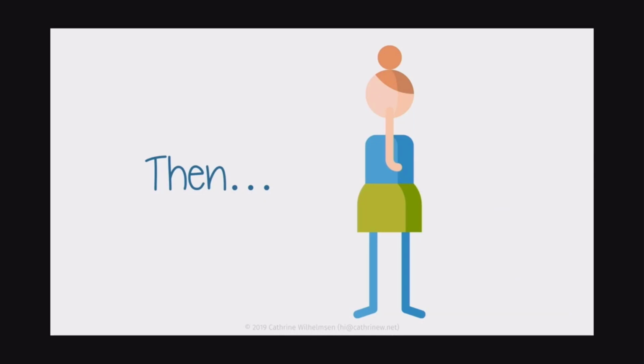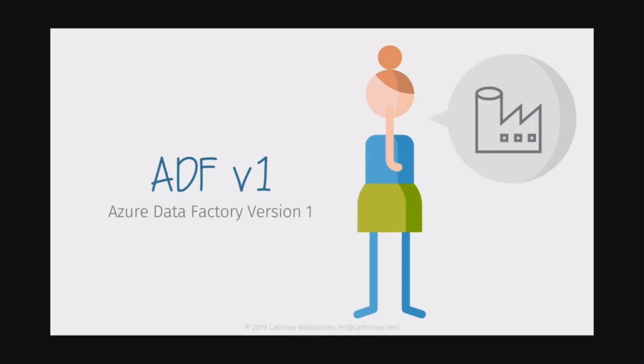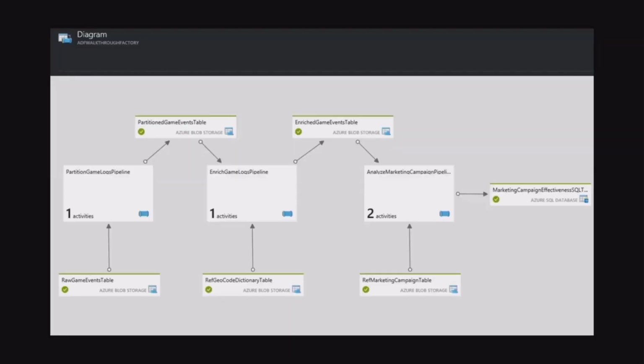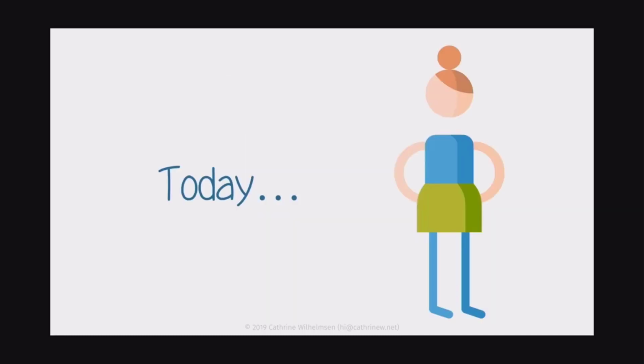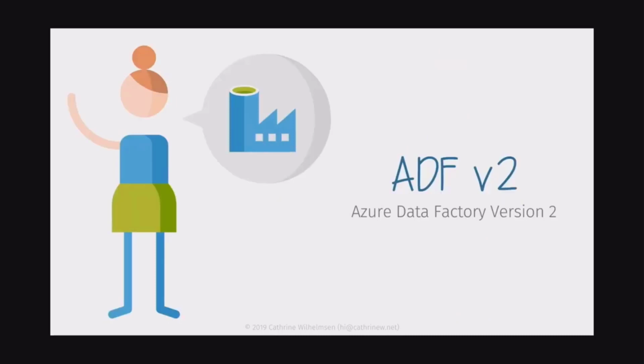And then there was something called Azure Data Factory version 1. How many of you tried that? A few hands? I'm sorry. Azure Data Factory v1 looked something like this, and it was basically a tool for orchestrating data movement. It was not an SSIS in the cloud product that they tried to market it as, or that the community tried to market it as. It didn't really work like that. So Azure Data Factory v1, don't use it. Unless you have it already, don't even start using it because v2 is so much better. And that's where we are today. So today we have Azure Data Factory version 2, and that's going to be the main focus in this session.